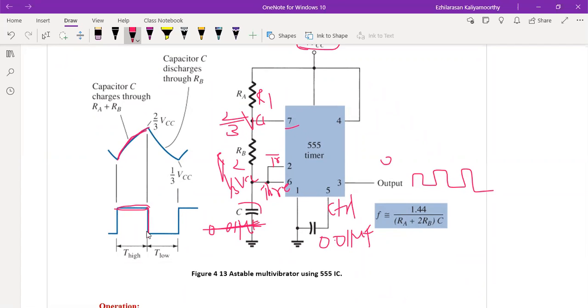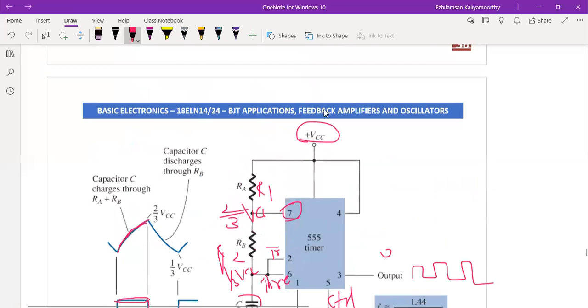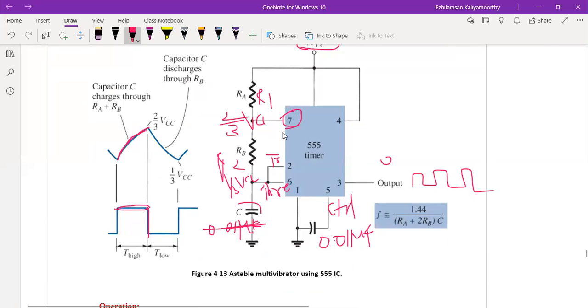Next, in addition, the discharge transistor is driven, passing the output at pin 7 to discharge the capacitor. This is pin number 7. So pin 7 discharges the capacitor through RB. Based on this, when the flip-flop output is 0, the capacitor starts to discharge, and so I get the square wave going to 0.